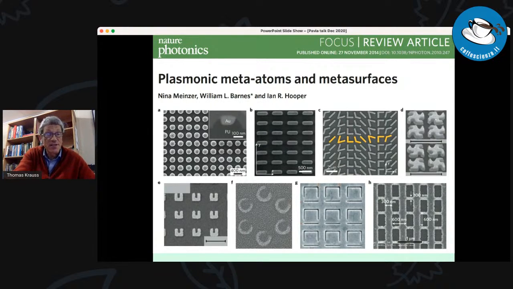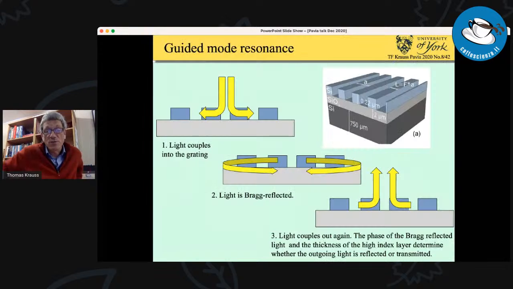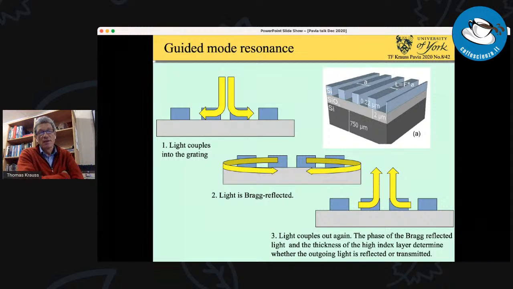this community. So instead, what we're doing, but we started with this sort of structure, which is a guided mode resonance. So this is one of those extended resonances I talked about. We started this about 10 years ago, and the basic idea is it's a second order grating, the same as in a grating coupler for a waveguide. You shine the light from the top, it couples in, and then gets Bragg reflected inside the structure, and depending on the phase between the incoming light and the outgoing light, you then reflect or you can transmit.